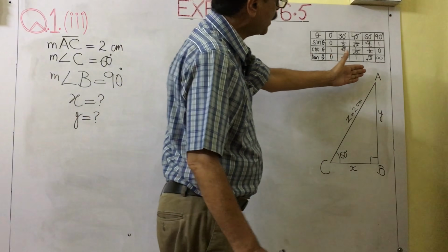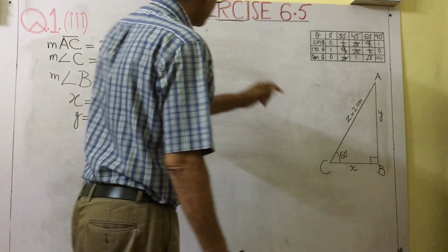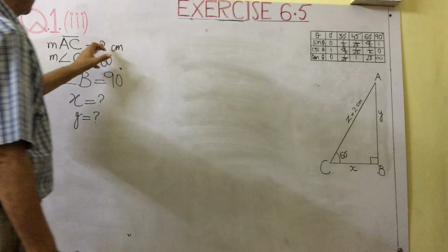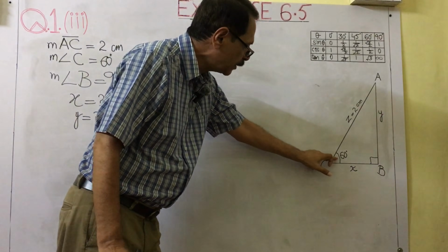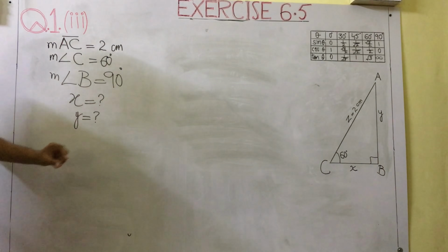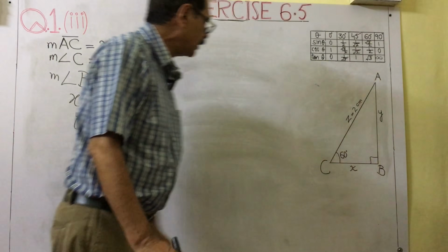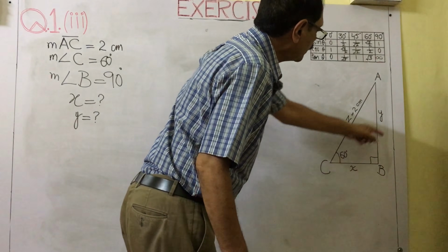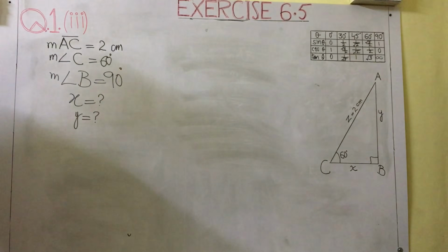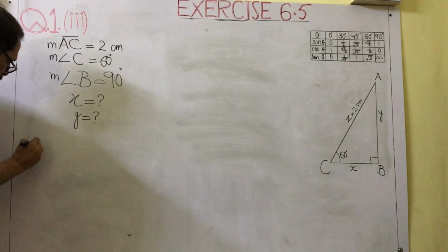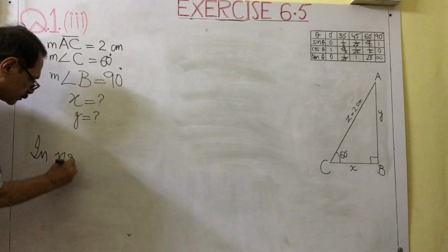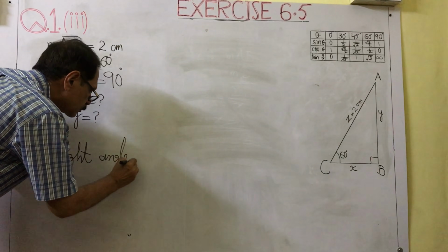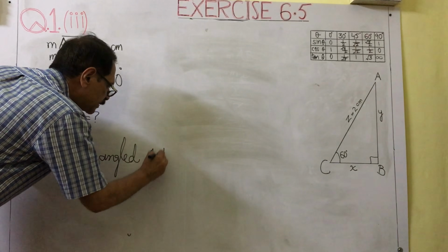Given a right angle triangle ABC, measurement of AC is 2 centimeters, measurement of angle C is 60 degrees, measurement of angle B is 90 degrees. We want to find out X and Y. In right angle triangle ABC,